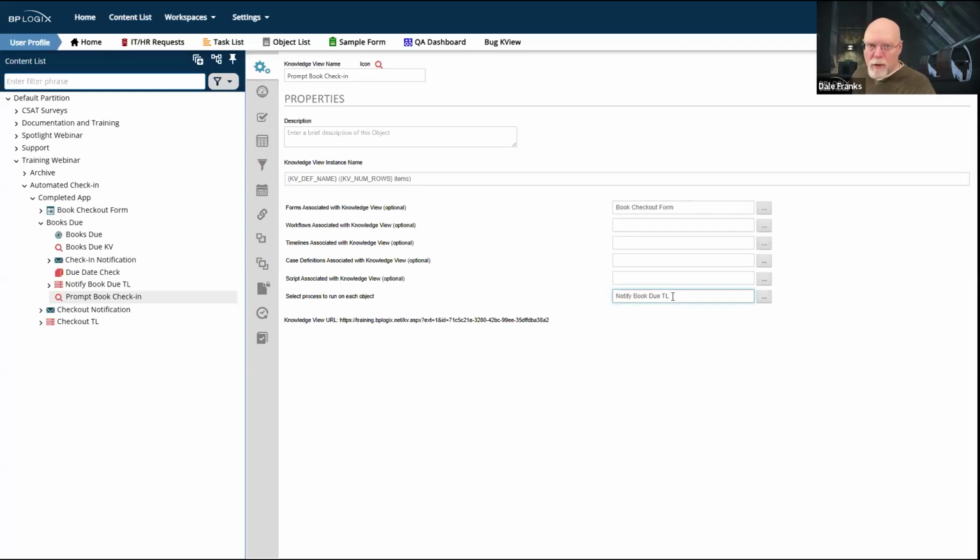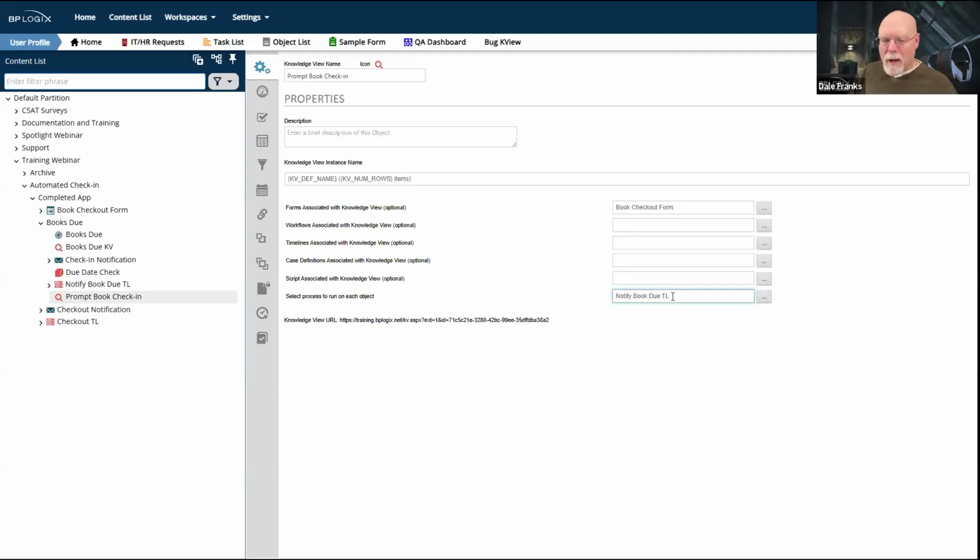If the knowledge view returns 3 rows, then I need to invoke 3 different processes, one for each row. And the process I'm going to invoke is the one that we just looked at, the notify book due timeline. So this is the knowledge view that is going to determine what books are overdue, and based on that, what check-in processes need to be prompted.